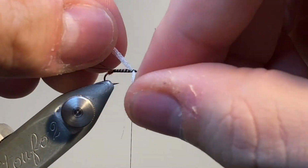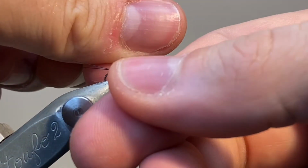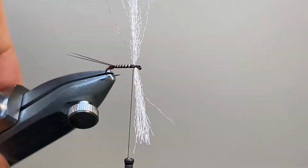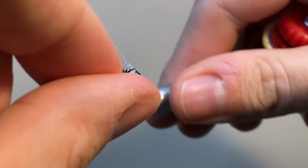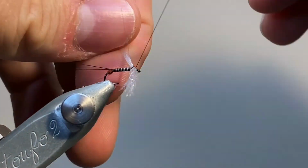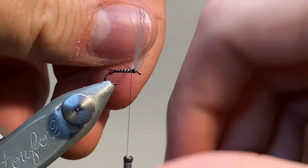This is maybe a third of the width of the entire yarn. I split it down. You really don't need much bulk. Like I said, this fly relies on surface tension to hold it up in the water. So I tied it in lengthwise down the hook shank, and now I'm just making some cross wraps over the top to help keep it parallel. Make a wrap in front and behind,